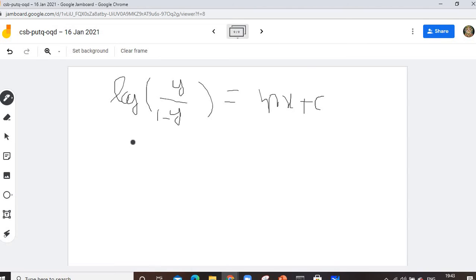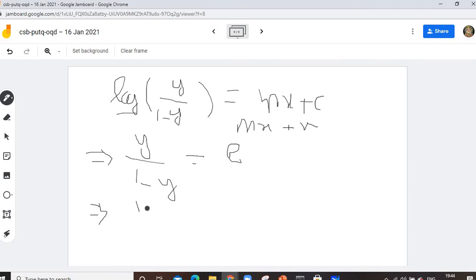And if you convert this, then y divided by 1 minus y will be equal to e to the power mx plus c. If the log goes to that side, it will be e to the power mx plus c. I have applied the exponential function on both sides. Then if I want to reverse this,